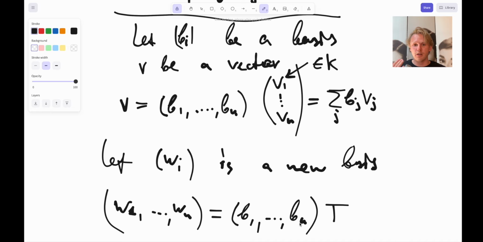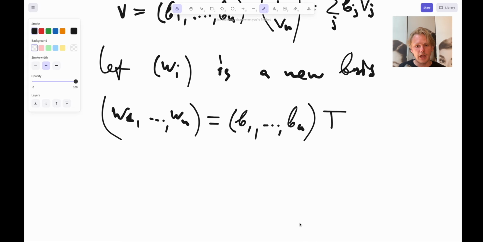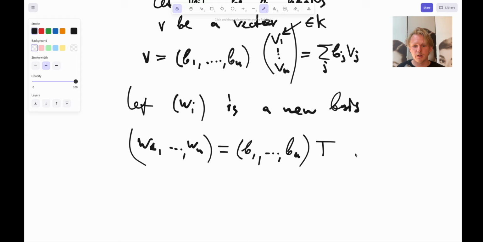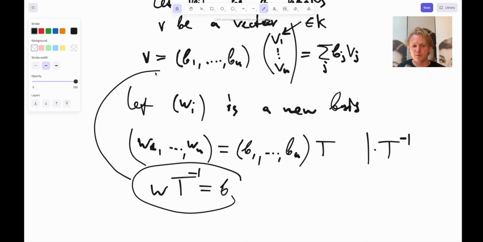Again, we multiply on the right side by coefficients, and then if you have this line, what you can do is multiply everything by the inverse of t, and you get w times t times the inverse of t equals b, right? And then the only thing that we need to do is put it back here, do a substitution, which is a completely algebraic operation,